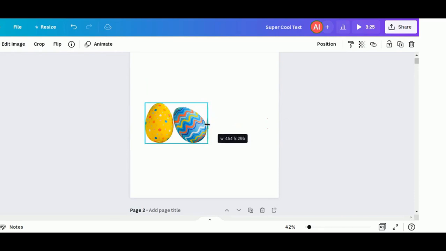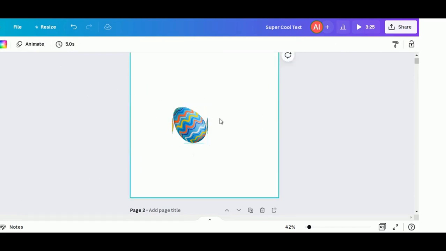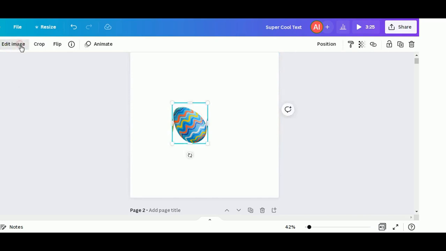Crop these images so they will be manageable to design. Now let's edit the image, remove the background.